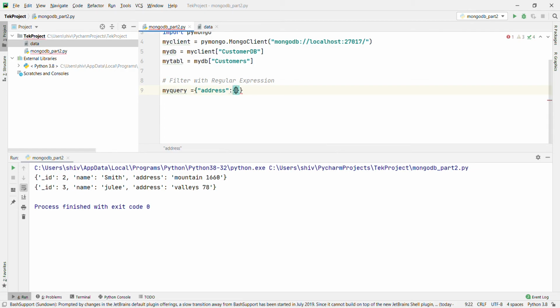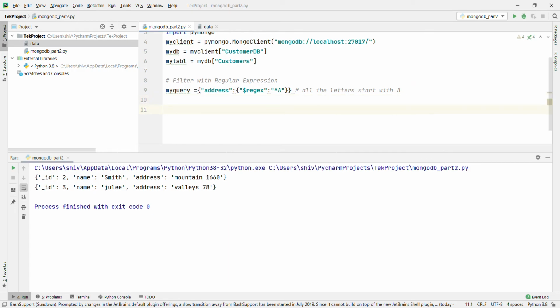dollar regex, regular expression. And now we are going to use all the letters that start with A, capital A. What this basically means is all the values that start with A. It will give you all the results that start with capital A. Now my doc equal to my table dot find my query.